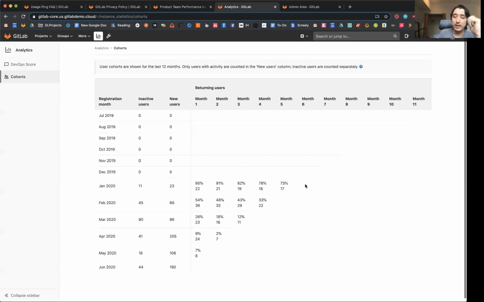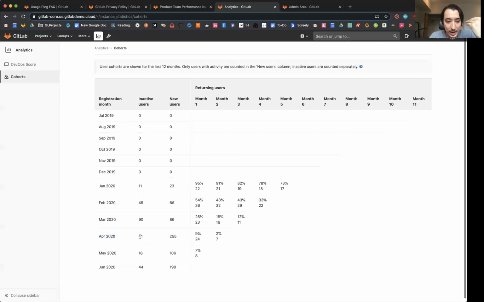The initial tiger team who initially kicked the tires on GitLab and started using it, maybe a core group of developers who are really passionate about the product, continue to get a lot of value out of it. So if I'm thinking about how to maintain my seat count, it looks like there's a cohort of passionate users that's continuing to use the product and really enjoys it. That's great to see. But if you look a little bit further down, you can see that in April 2020,